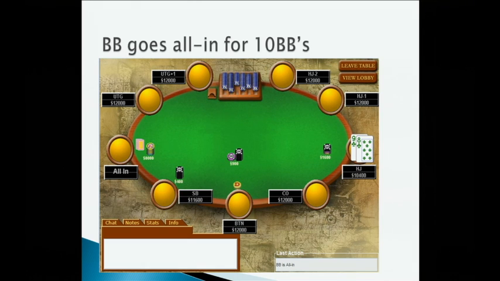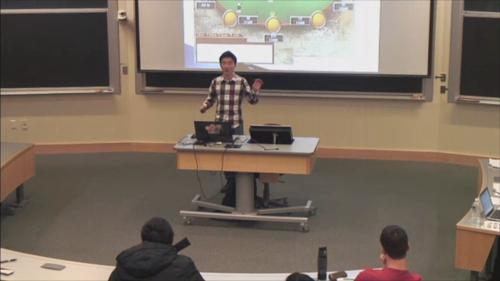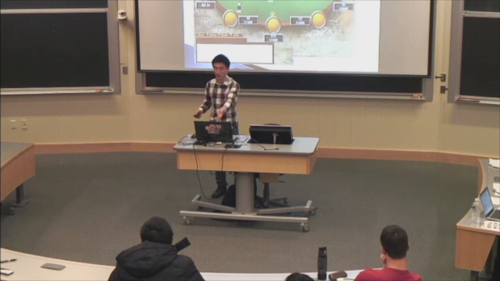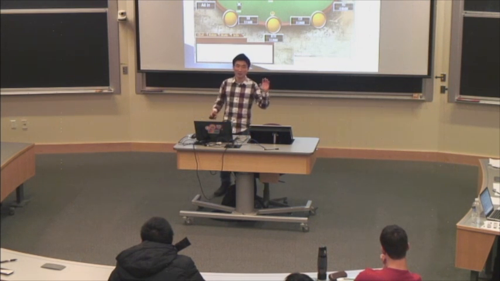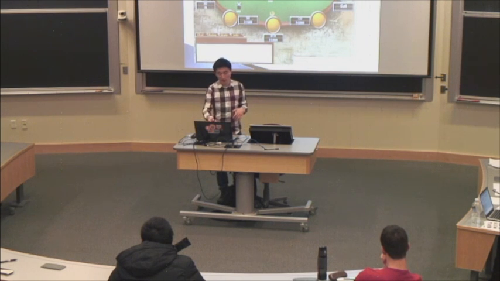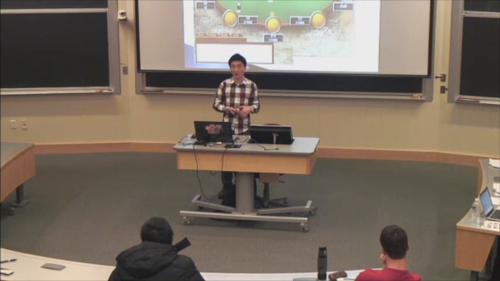Even if they had 12 big blinds, maybe it's very borderline, but even if they have 12 big blinds, roughly speaking, you have enough equity to call, right? This is sort of the same calculation as me saying, if you have 12 or less big blinds and you raise and someone goes all in, you basically have to call. It's the same thing. You raise, someone went all in, it's effectively 12 big blinds, and you can call. So this is a totally reasonable play, and then you just call, okay?